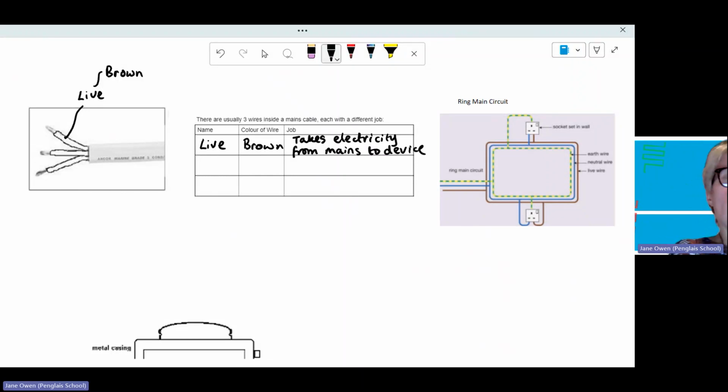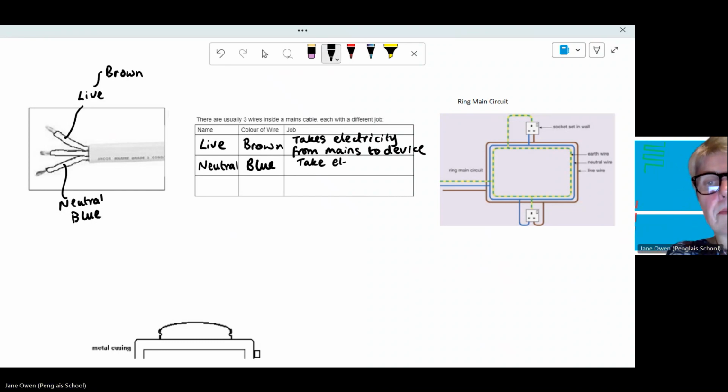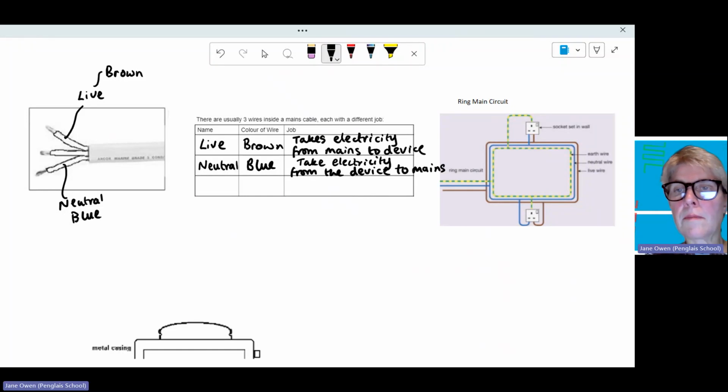Whereas the neutral wire is blue, and that will take the electricity, the electric current, from the device back to mains. So actually, if you have a look at it in this ring main here,